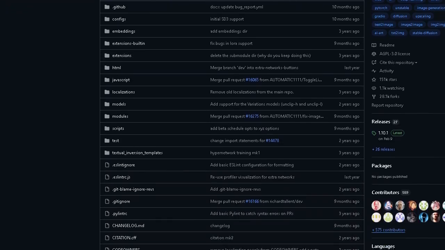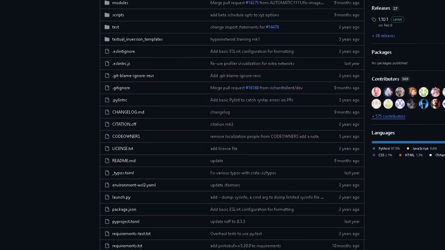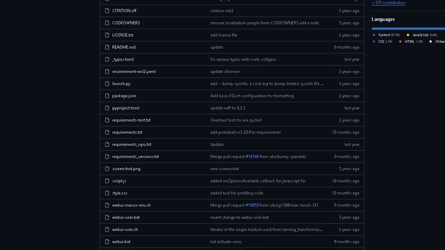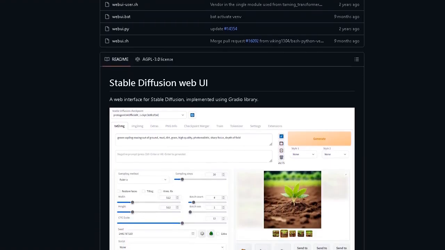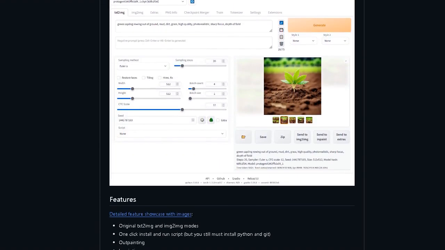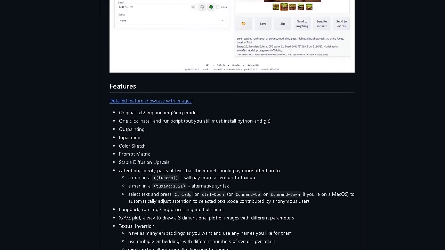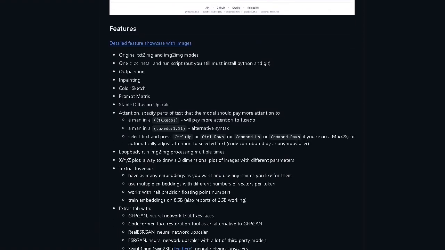Repository number 2. Automatic 1111/Stable Diffusion Web UI. This repository is Stable Diffusion Web UI. Here's a brief overview. Repository, Automatic 1111/Stable Diffusion Web UI. Description: Stable Diffusion Web UI features a detailed feature showcase with images, original txt2img and img2img modes, one-click install and